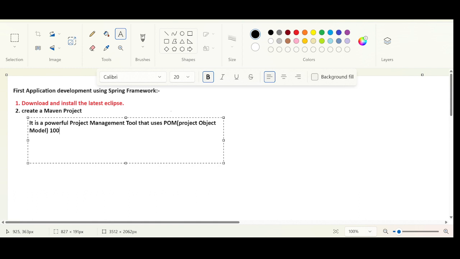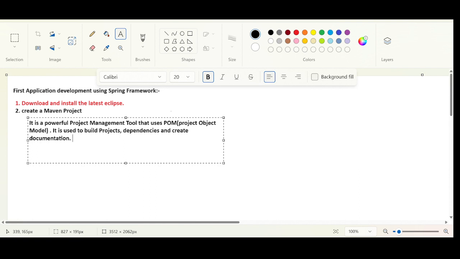It is going to download the dependencies, it is going to manage the dependencies, and it is going to set the resources exactly in the right path. As simple as that. Right? I can simply say that it is used to build projects, manage dependencies, and create documentation. Understand one thing, whenever you are trying to develop a project, you need to take care of dependencies